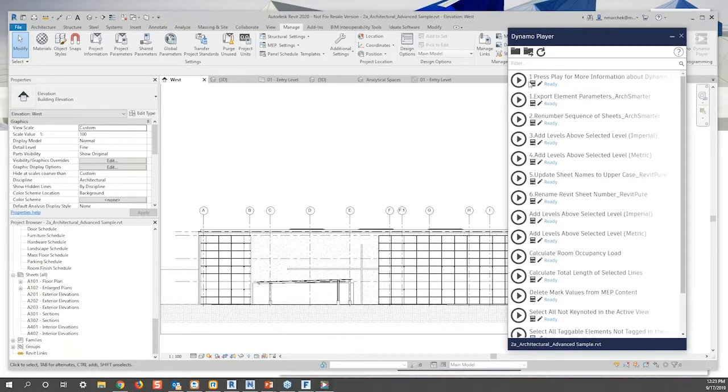You can browse to the location of the scripts using the folder option, or you can open the folder directly. And if you ever add or make any changes to any of the scripts, you can use this button to refresh your library. To run a script from this player, for a lot of the scripts you simply click the play button. For example, in this model, you can see that the sheet names